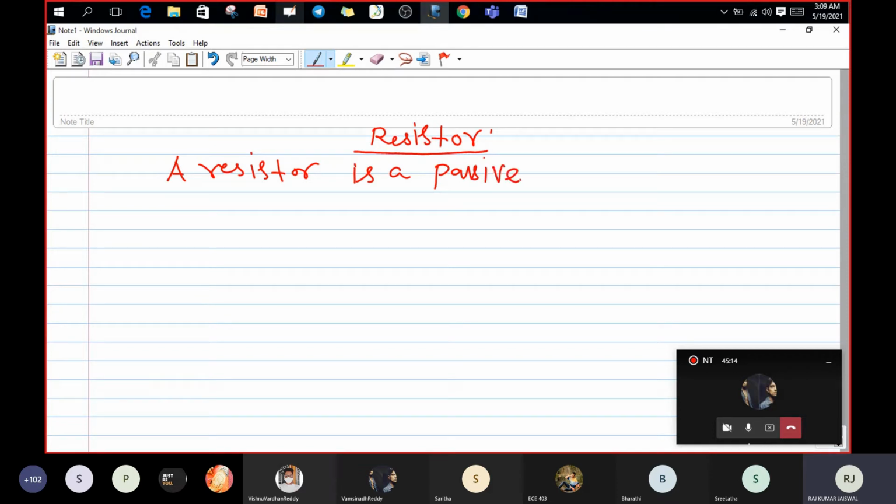Write fast everyone. Passive two terminal. If you write, with the writing something will come to your mind, and at the same time when I explain, everything will be clear to you. A resistor is a passive two terminal electrical component